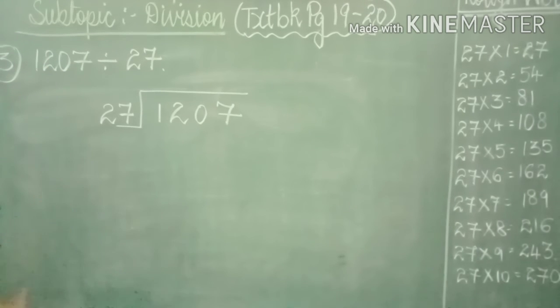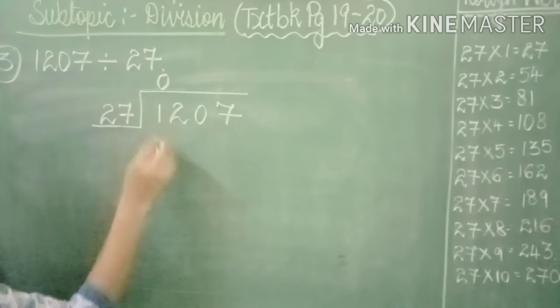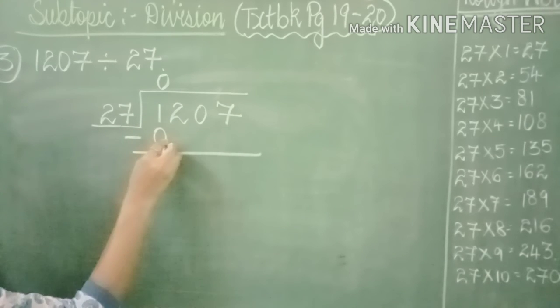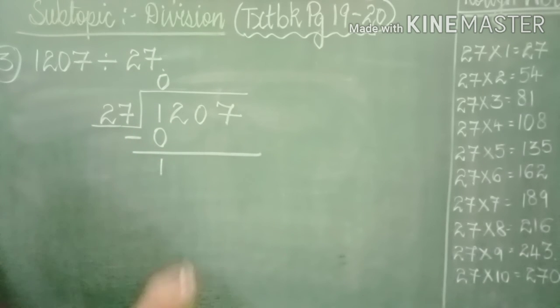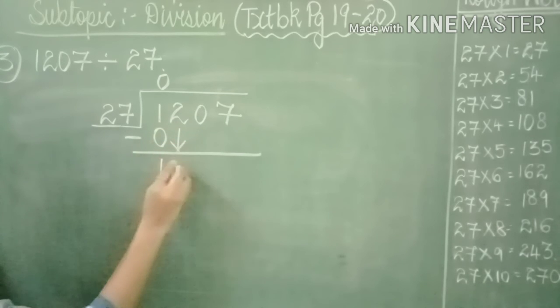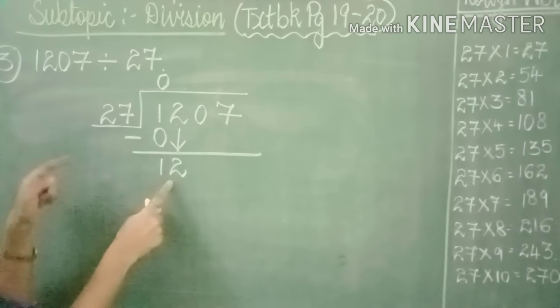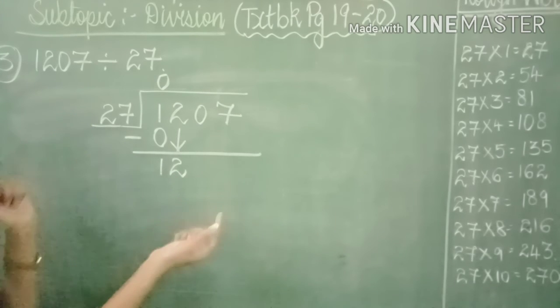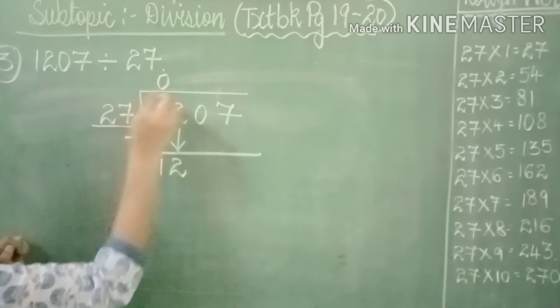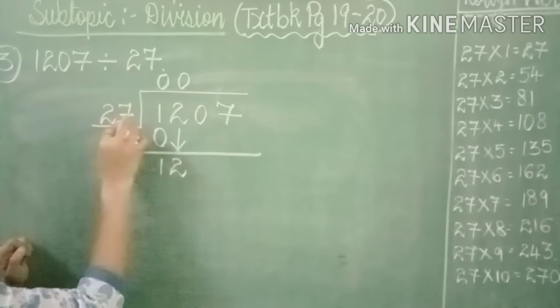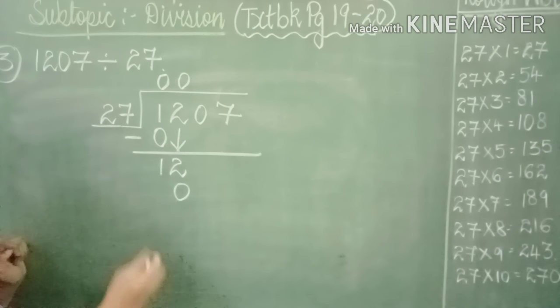Now let's start everyone with the solution. We know 1 is a smaller number, 27 is a bigger number. So 27 zeros are 0 and the sign minus, 1 minus 0, answer will come as 1. Then with the help of an arrow, we are going to pull down 2. Okay. Then as you can see, 12 is a smaller number, 27 is a bigger number. Again what we have to write? We have to write 0. So 27 zeros, as you can see, above 2 only I have written 0. 27 zeros are, answer will come as 0.